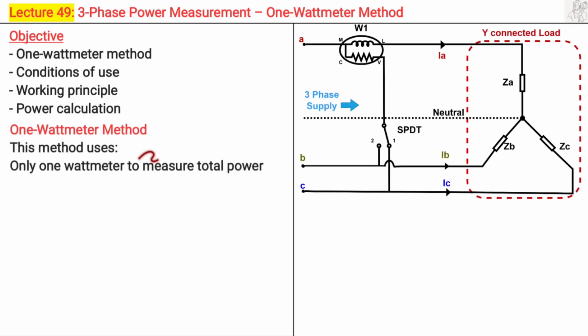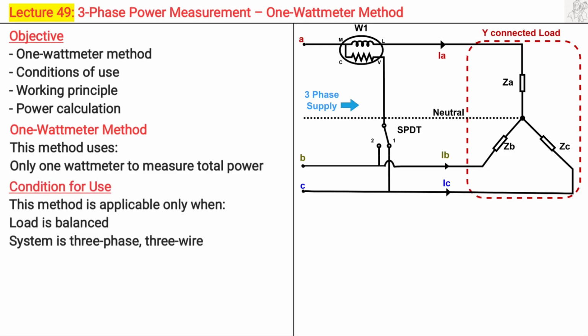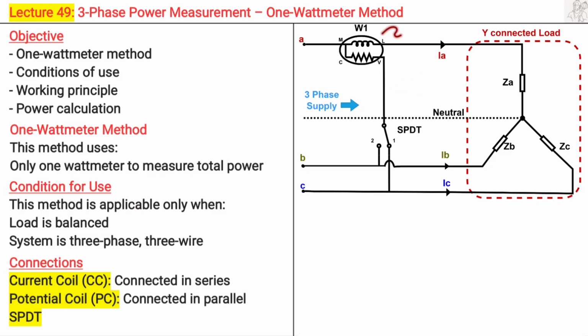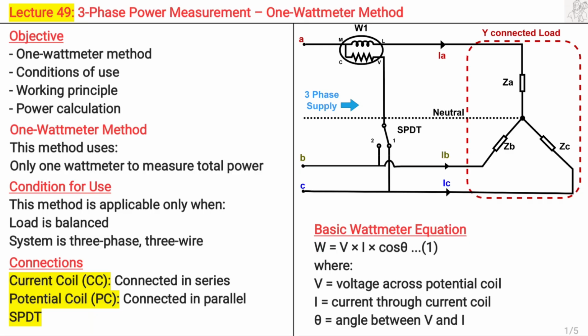The one-wattmeter method uses a single wattmeter to measure three-phase power, and the conditions where one wattmeter is sufficient are that the load should be balanced and the system is three-phase, three-wire, just like this. The connections of the wattmeter include a current coil in series and a potential coil in parallel, and there is an extra switch, a single pole double throw switch, which moves from position 1 to 2 during the measurement. So the basic wattmeter equation is that the power is given by the voltage across the potential coil of the wattmeter